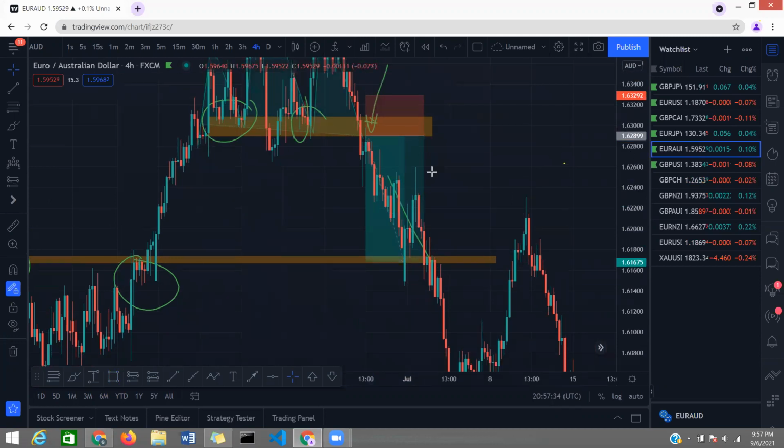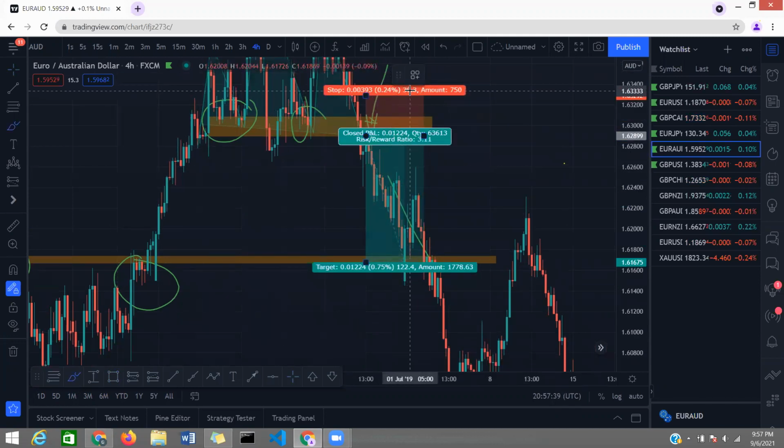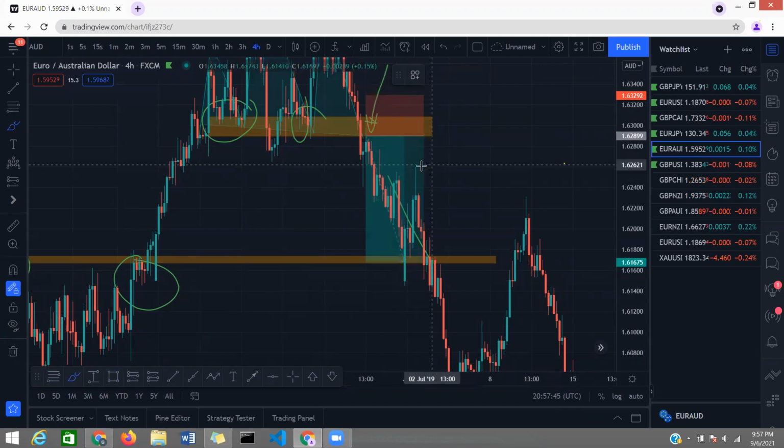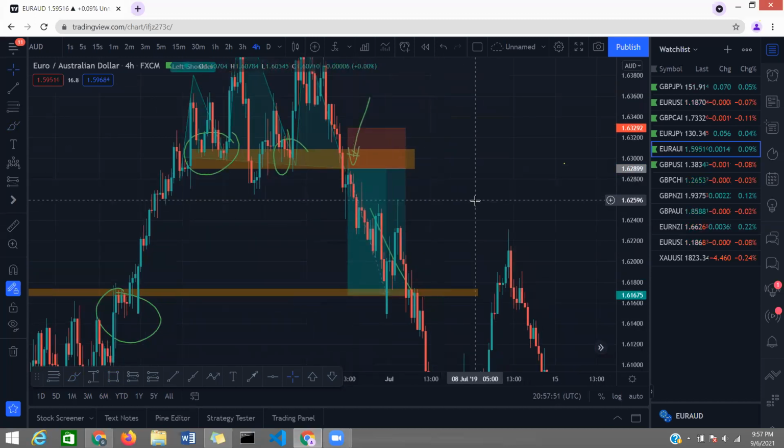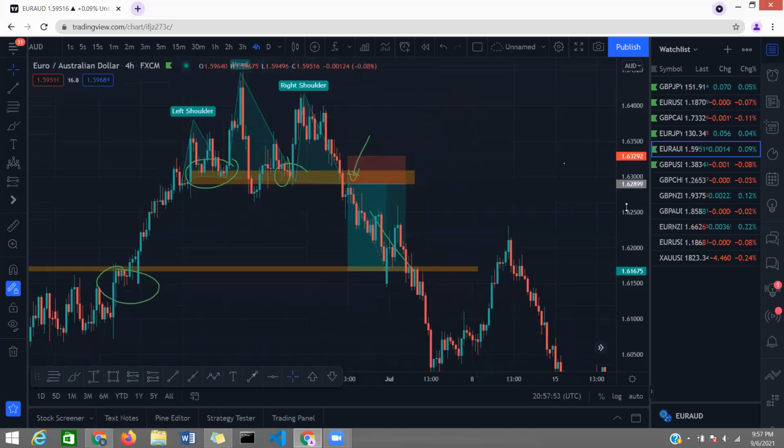Okay, and then if we take a close look at this, we are risking what, 39 pips. So look at this area here, 39 pips for what, 122 pips, which is what, a 3.11, 1 to 3.11 risk to reward ratio, which makes sense. So you can get into the trade. Okay, so perfect. And we would have won this particular trade all from what,